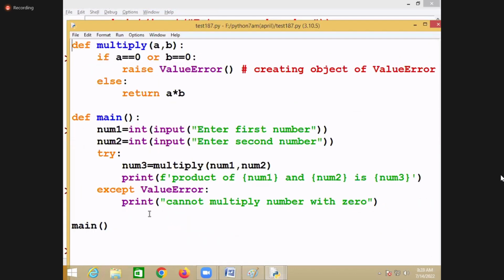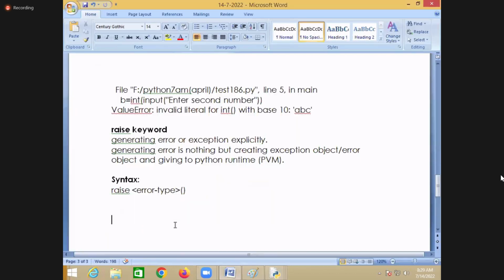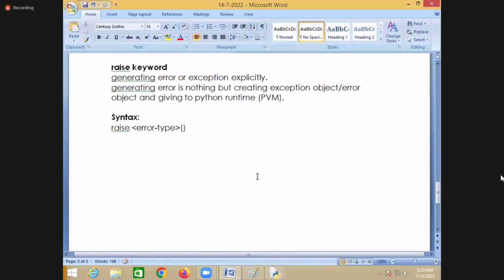Is value error a predefined error type or user defined? Predefined. Those error types are already used by other functions. Who used value error? Integer function. Float function. All these functions already use value error.